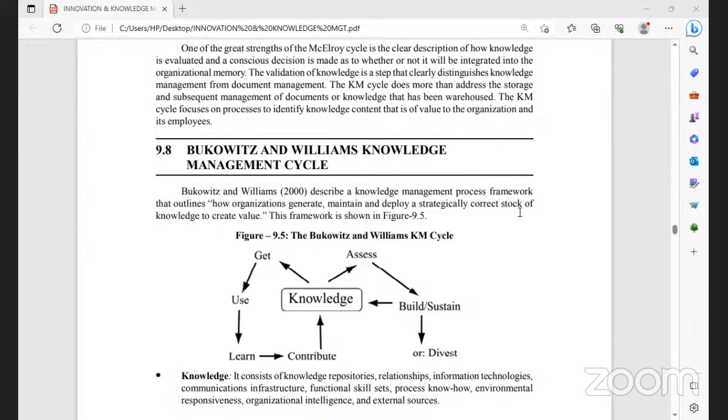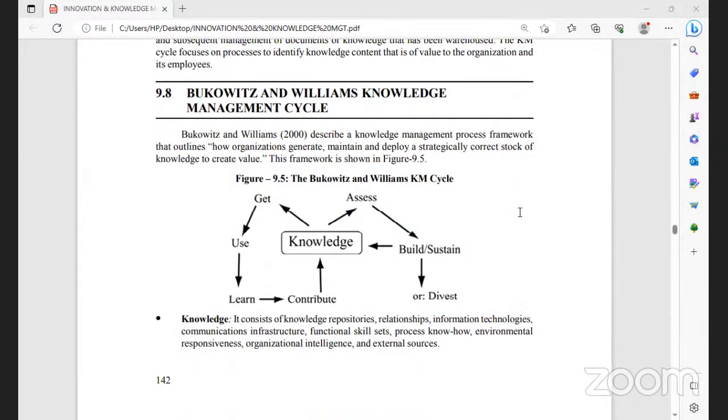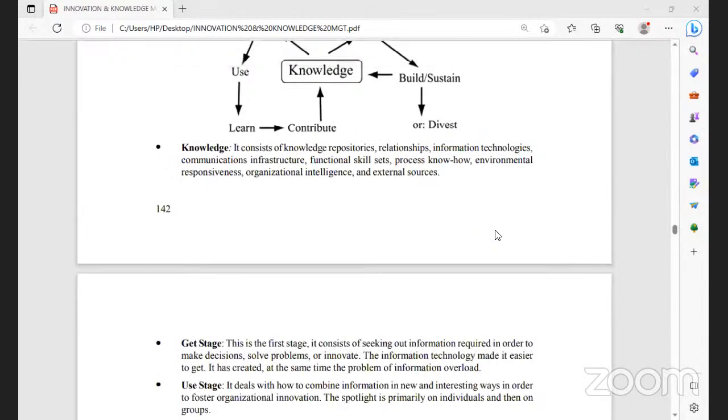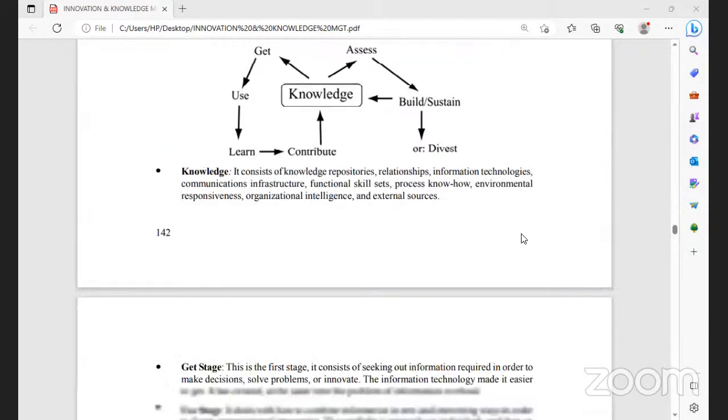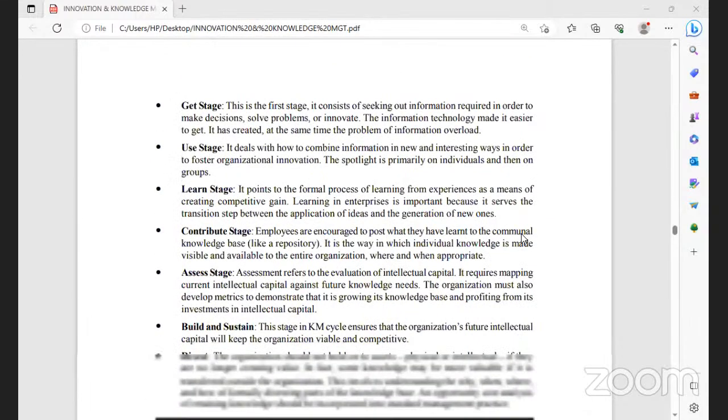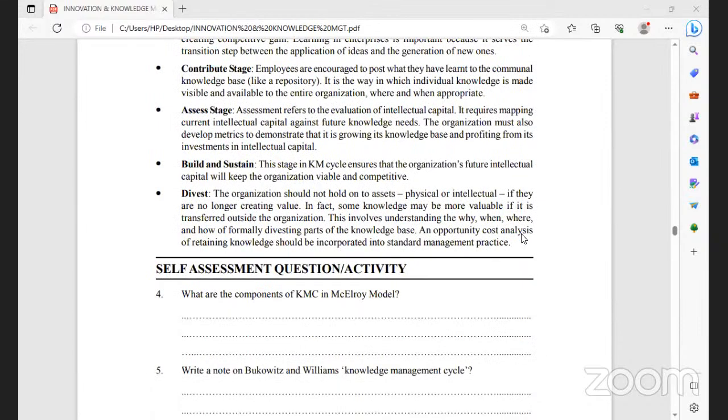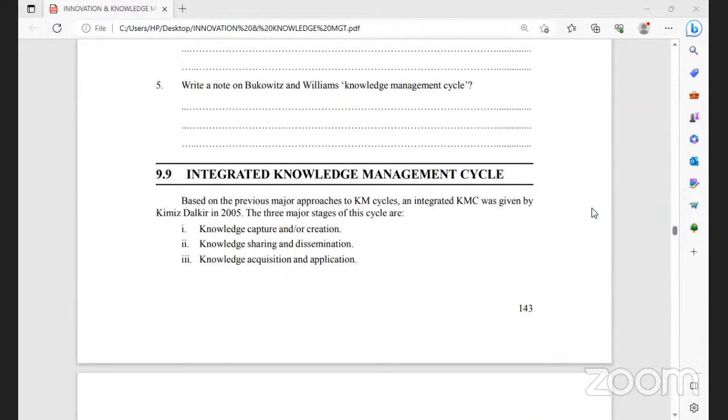It describes a knowledge management process framework that outlines how organizations generate, maintain, and deploy a strategically correct stock of knowledge to create value. Means it also makes some value addition, value creation, to that particular organization or institution or entity or system that is implementing it using this Williams knowledge management cycle process. And the stages are knowledge get stage, use stage, learn stage, contribute stage, assess stage, build and sustain, divest. They are all implemented in a systematic way. Ultimately, the output is a value addition to that